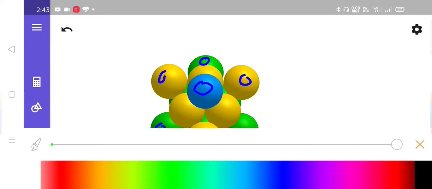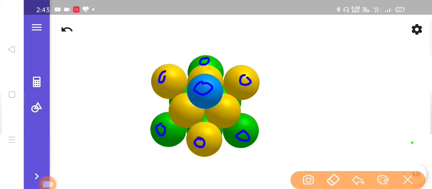So let us connect the center of these corner spheres. First of all, these are the face centered spheres. 3 are observed from the front side, 3 will be behind the spheres. Okay, so if we connect the centers of the corner spheres, you will notice you will get a square shape.